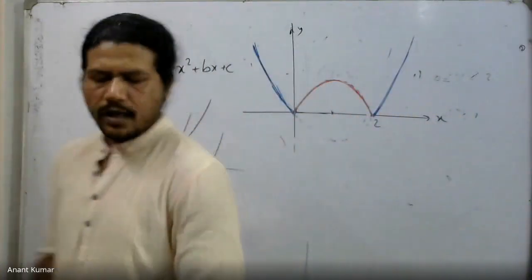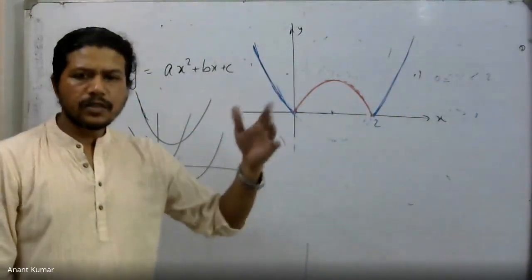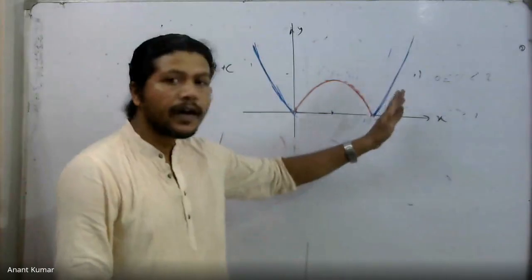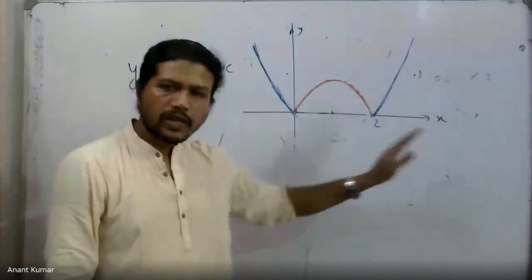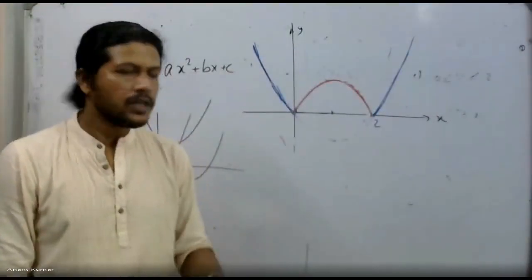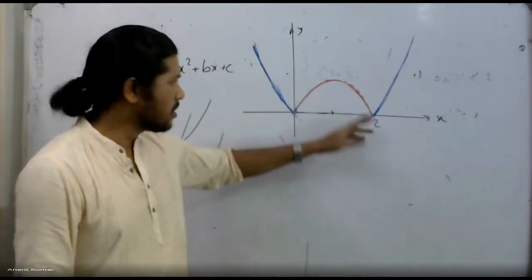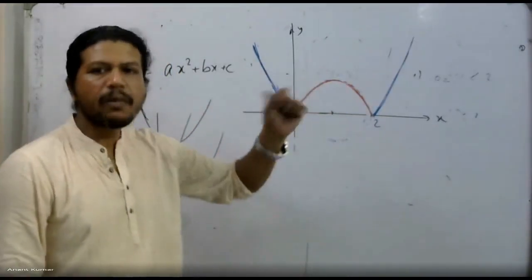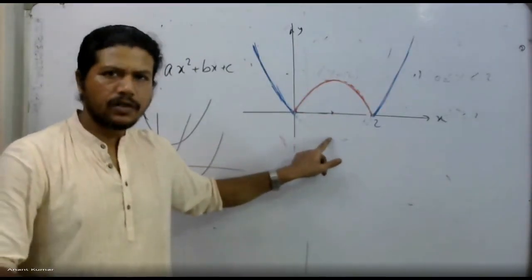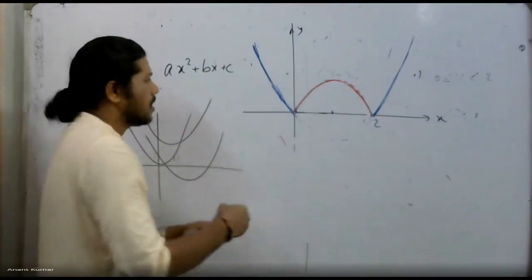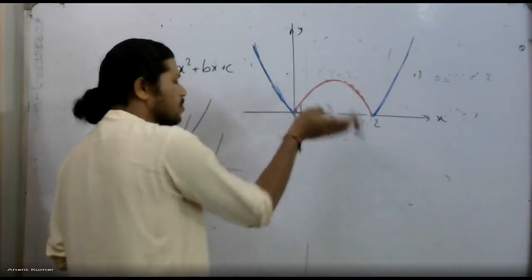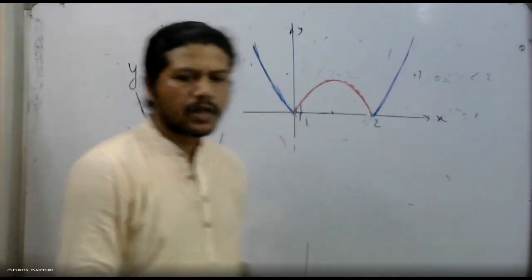In this case, I have just taken that part. I just drew the first and third part. They were the same parabola, same curve. So it becomes this full thing, but only valid for x less than 0 or more than 2. So I just removed the middle part. For the middle part, it was simply a negative of that, so it was just opening downwards. I drew the same parabola as a downward opening curve. I just reflected the same part above because I put a minus sign. So where the ordinate was -1, now it becomes +1, and that is happening with everything. Earlier it was negative, it becomes positive above. So each part is just going to flip up. That's how the graph is obtained.